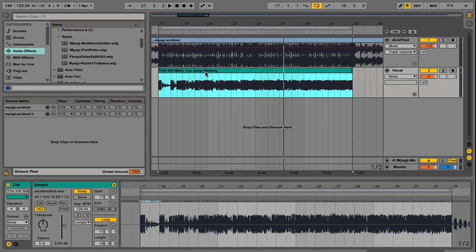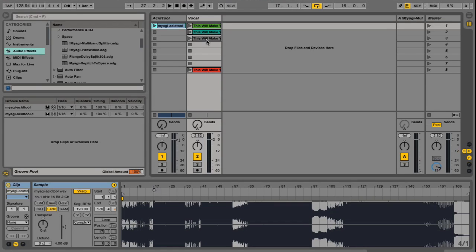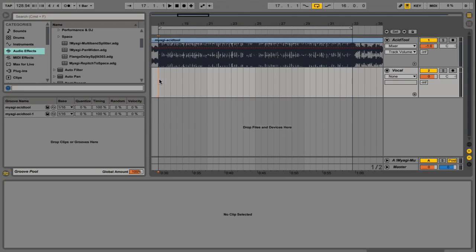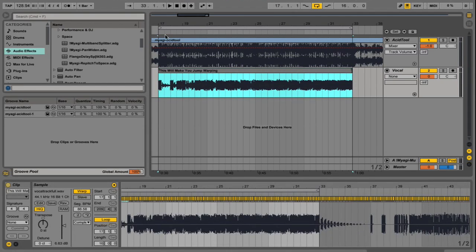and get rid of that over here. Pop back and copy this over. And that is our new vocal clip here. So this is effectively taking the timing from Acid Tool and applying it to the vocal from This Will Make